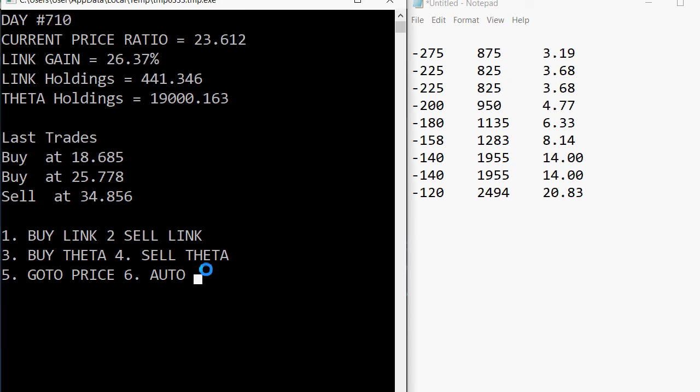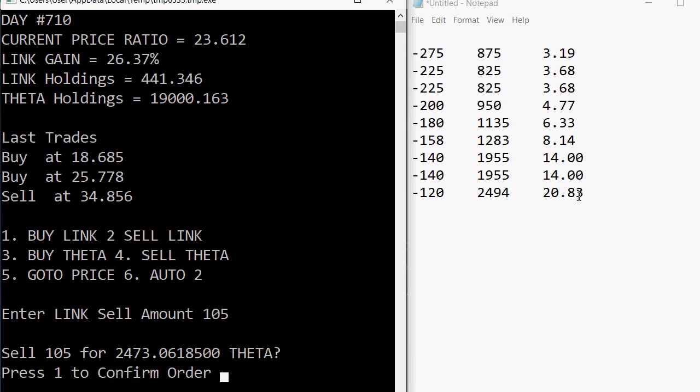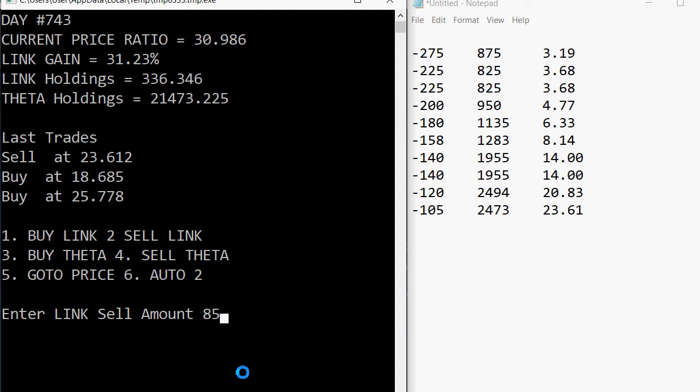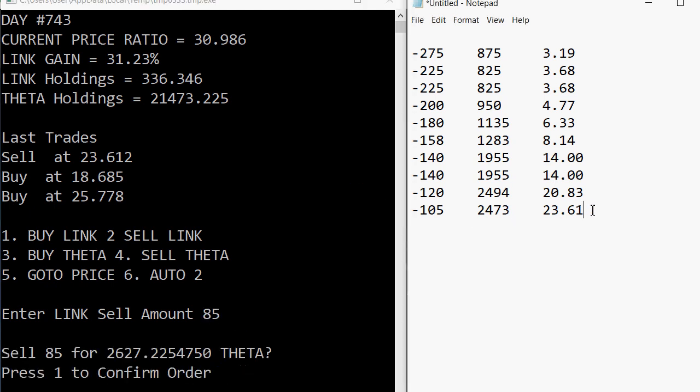Okay, so ChainLink sells, or time to sell ChainLink. Last time the 120 number. Can we reduce it just a bit and easily? Let's go like 105 maybe. Get back 24.73. Sells again for ChainLink, 90 or so. That's tough. 85. That's even difficult. I probably couldn't have even done 80 or 75, but